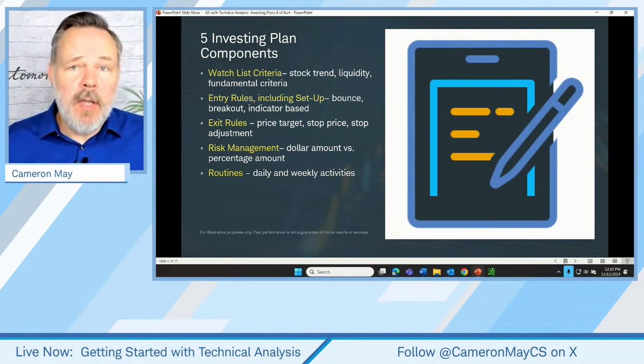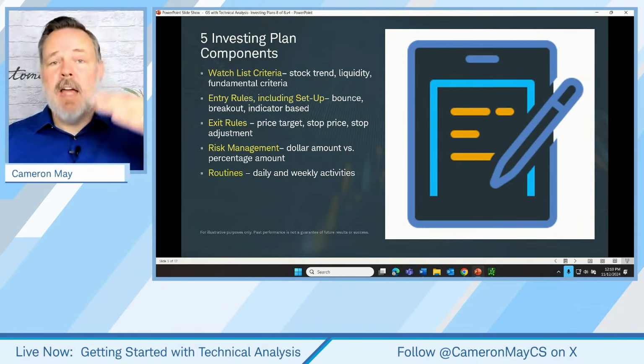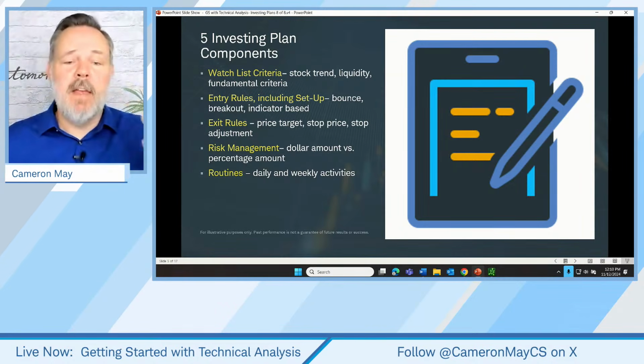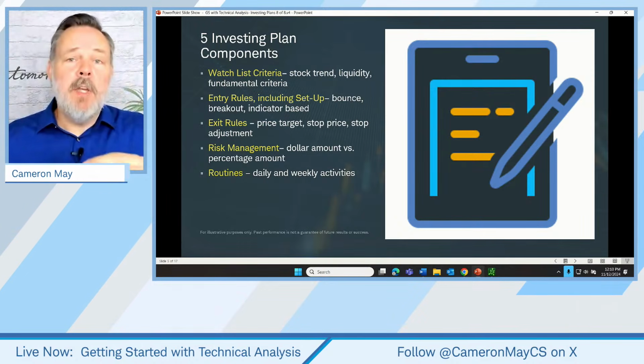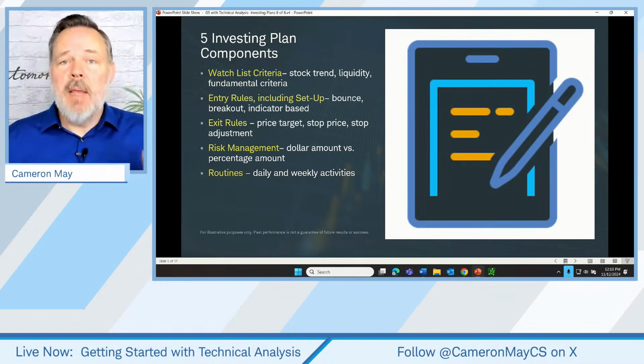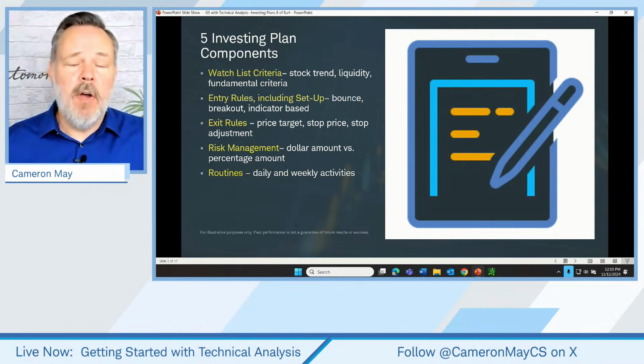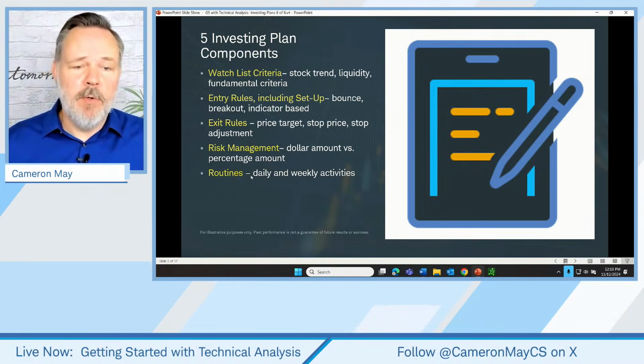When are we out there looking for trades? How often are we checking to see when trades need to be, or when stops need to be moved? How often are we assessing market conditions and changing the outlook? How frequently do we go back over our trade history and try to learn from it and improve upon it for future trades and refine our approach overall? So all of those fall into routines.